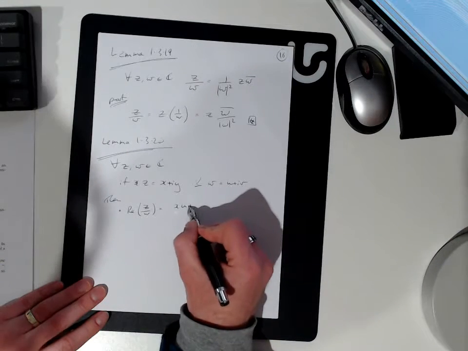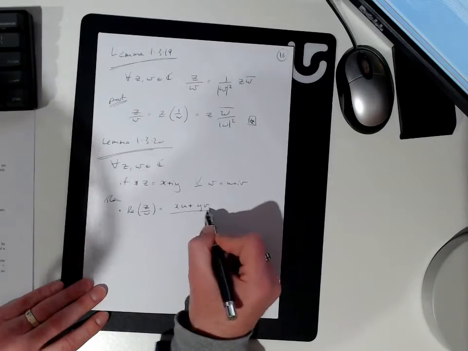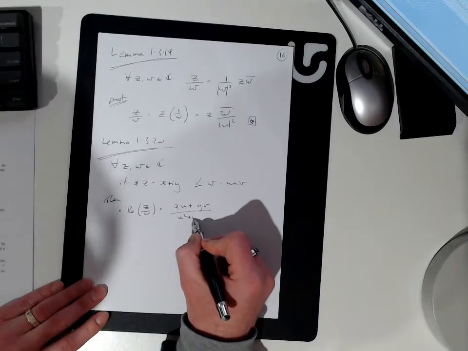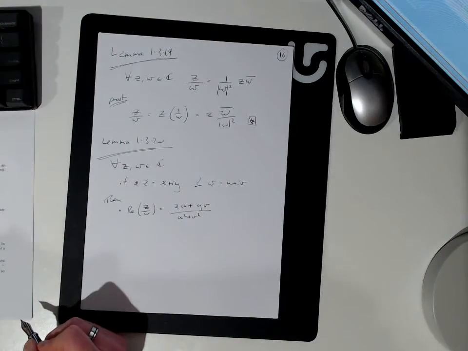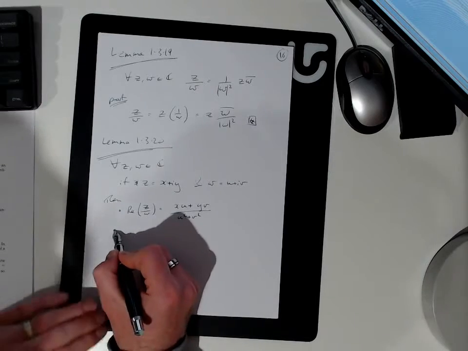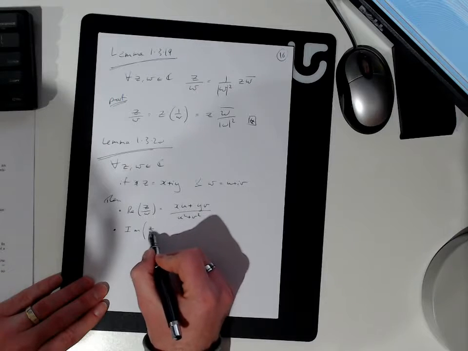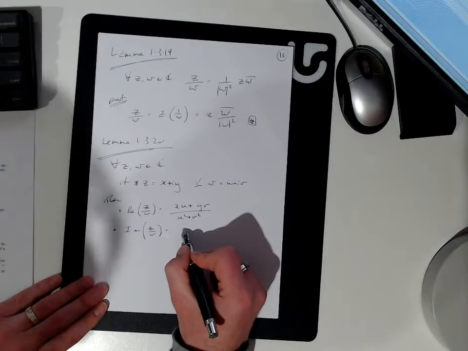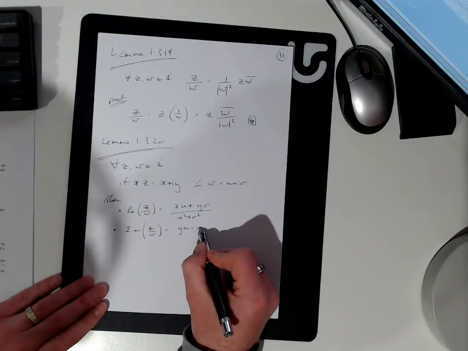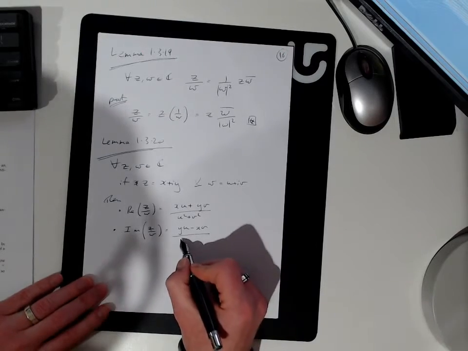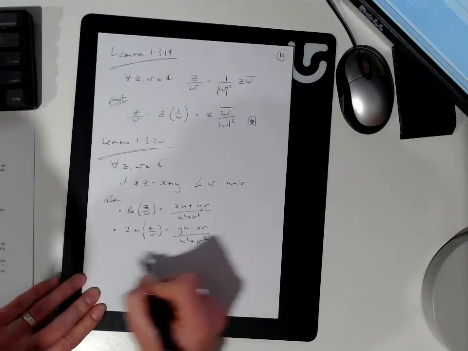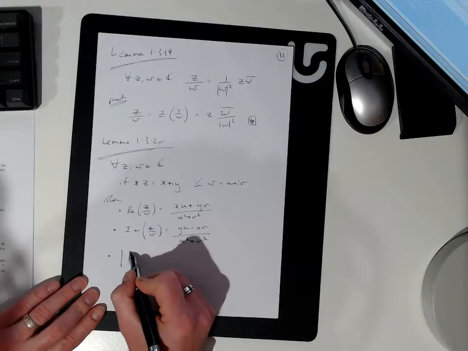The real part is x u plus y v over u squared plus v squared. And the imaginary part is, as you can probably guess, if you look back in your notes at least. Yep. And the modulus